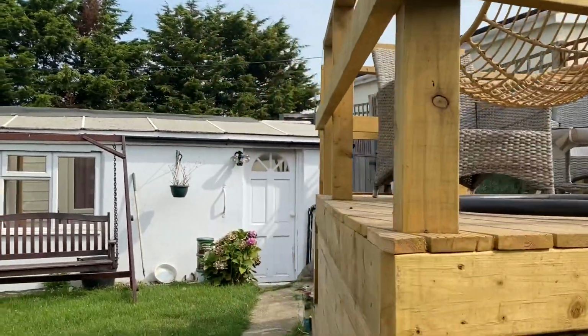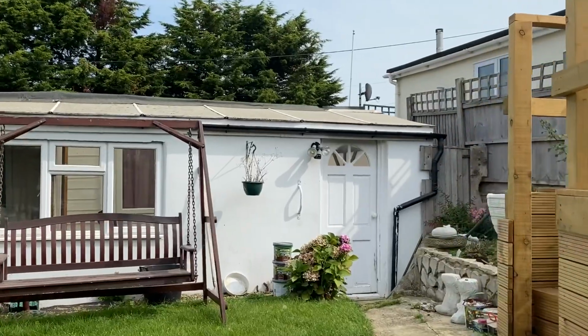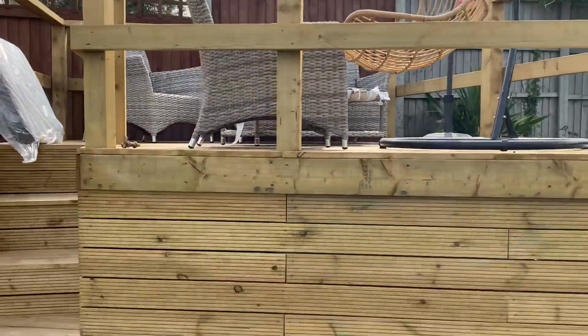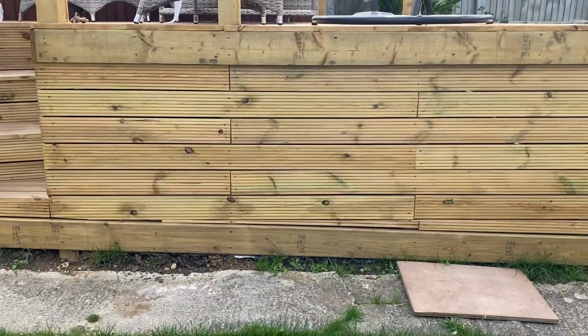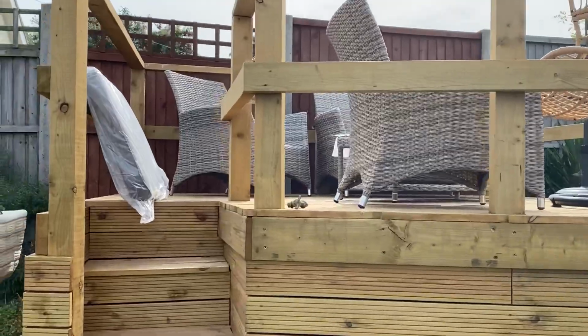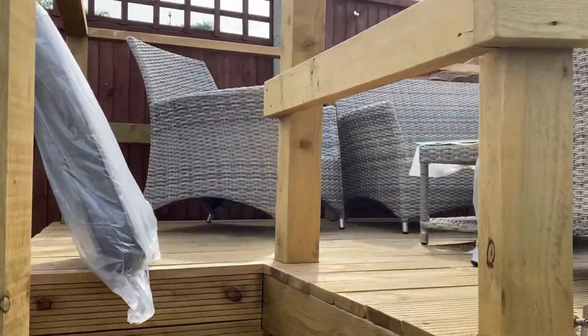So seeing it from this angle, I think I showed you this angle. That's the house, which we're going to paint and do up this year. So there we go. That's quite a big decking. So let's go up the steps. I haven't got rid of spiders. As you can see,